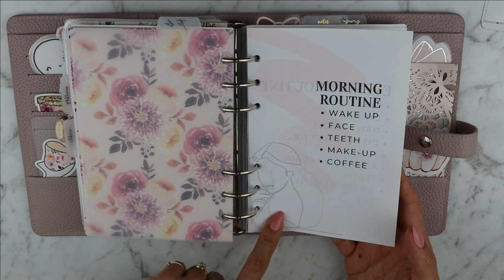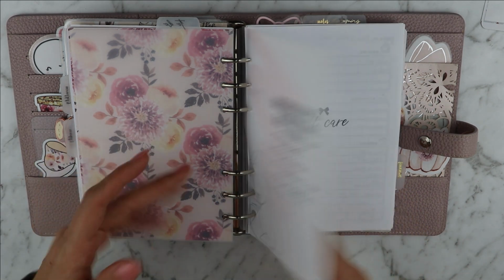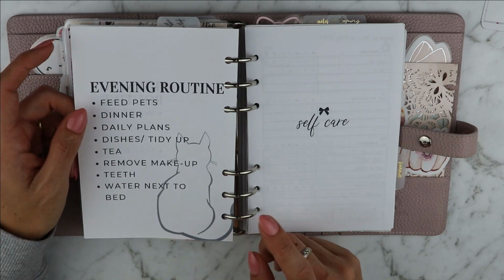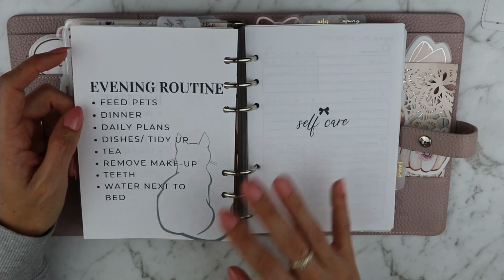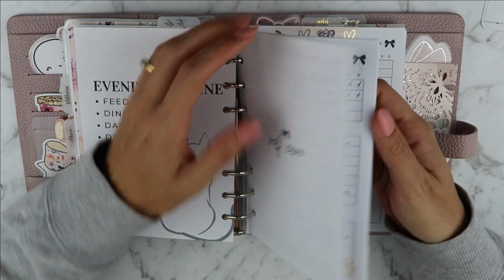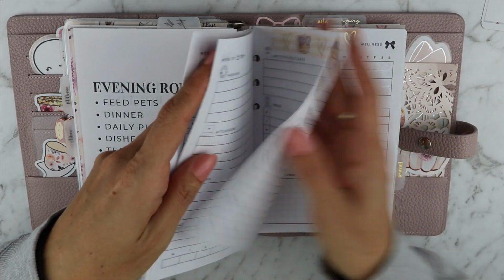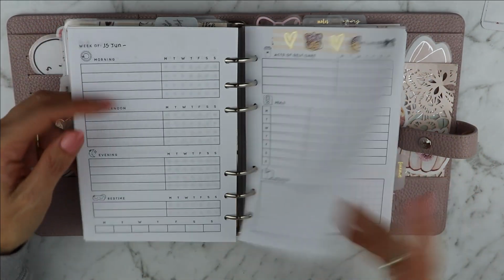I have the girl on one side because in the morning I need to go to work, so I need to look presentable. And in the evening, it's me and my cats, and I love it. Then I have the self-care insert from Jesenia. Now, this self-care insert looks like this when it's